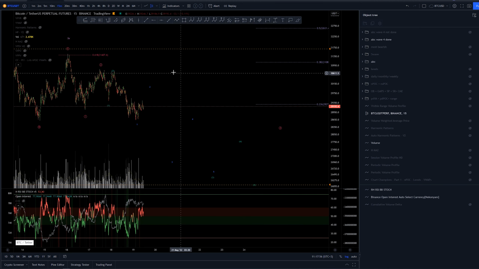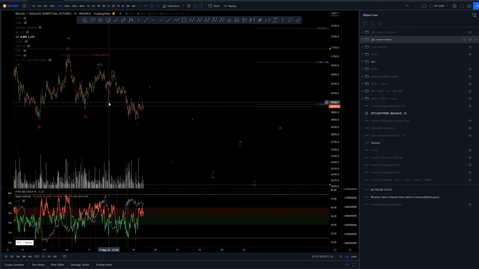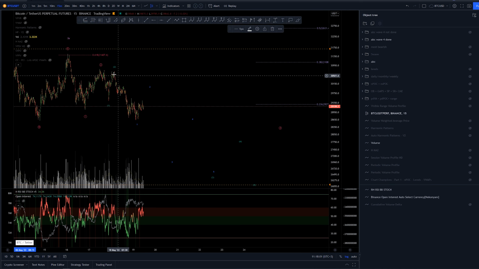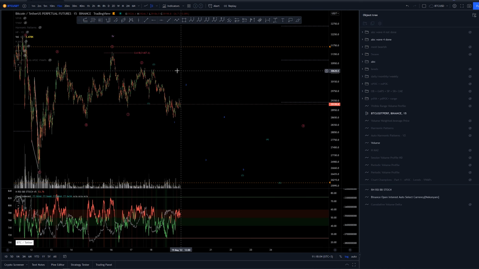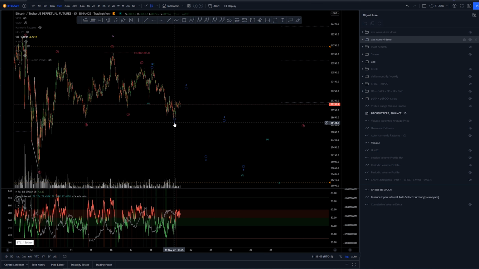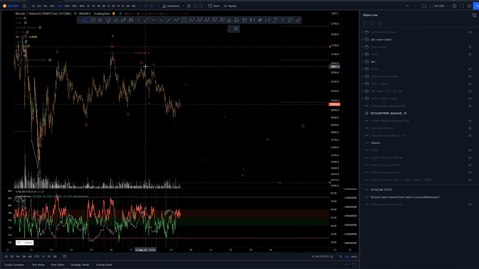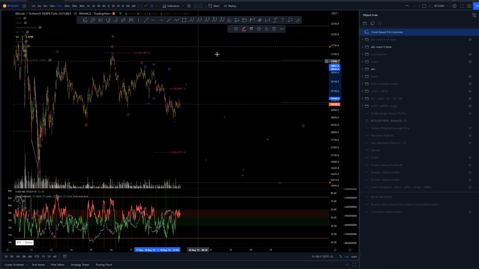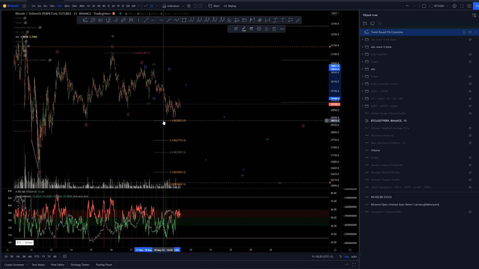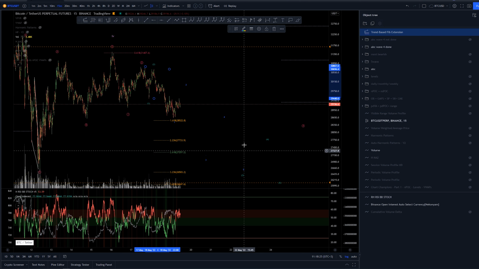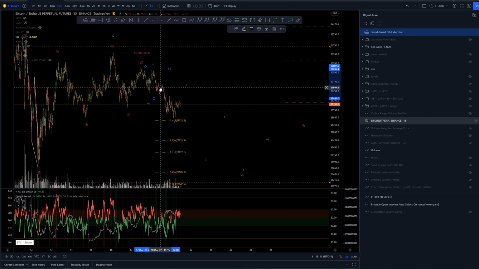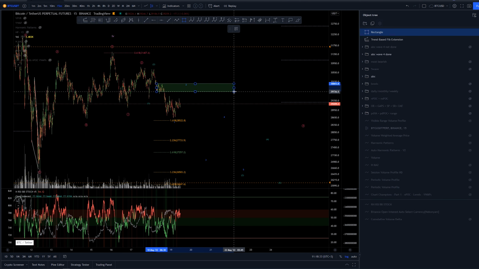At this point it looks like this structure here is a 5-wave move down to 1, a 3-wave move up back to 2, and then again some kind of 5-wave move down. I've labeled it as a 1-2 here, just because this structure is not getting to the 1.618 of this first move. It is getting kind of close, but it didn't reach this, so there are variables to look into here. Most likely if we are going to rise here, I would be expecting a major level of resistance around this area,